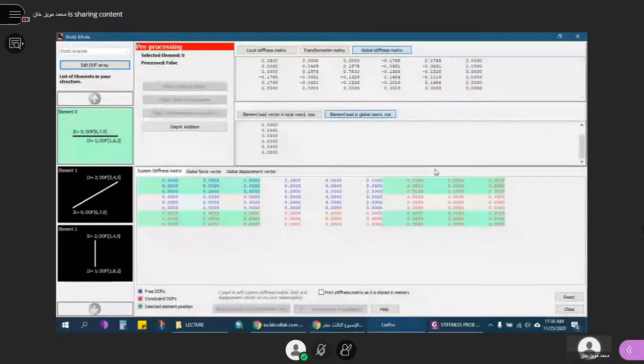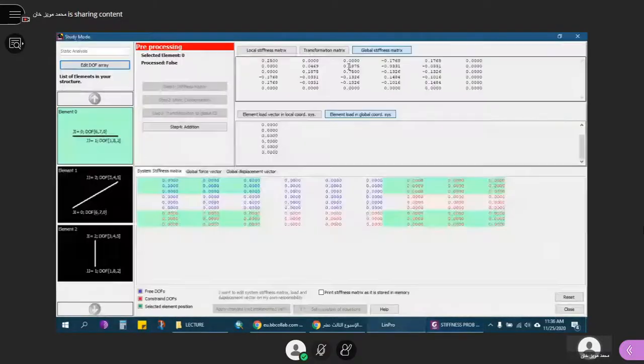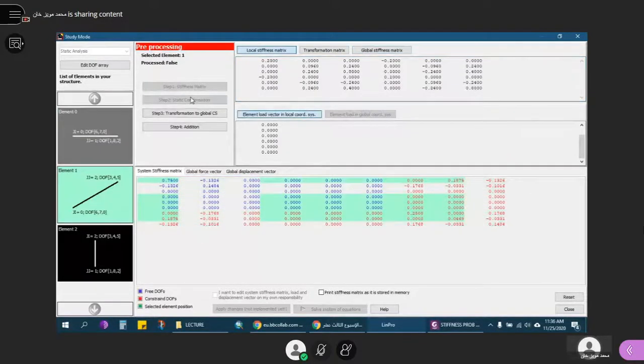So, I was telling that you have this local stiffness matrix of element 1 over here. This is a 4 by 4 matrix, and we have a 6 by 6 here. So how do you reduce that? Remove the third row, third column, sixth row, sixth column. Why? Because I don't need these unknown degrees of freedom, 0 and 2. So next step for addition, again go over here.